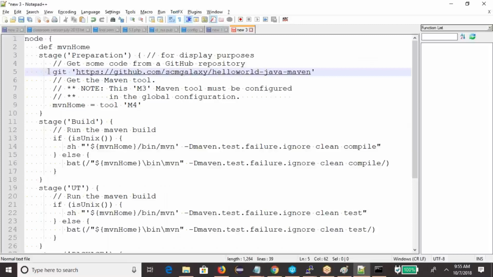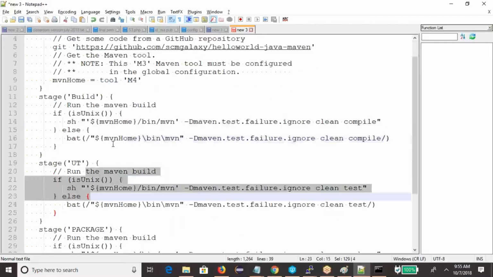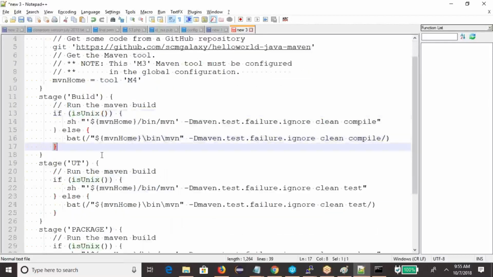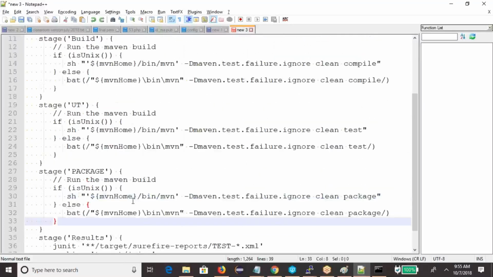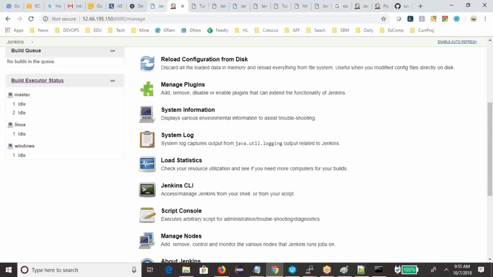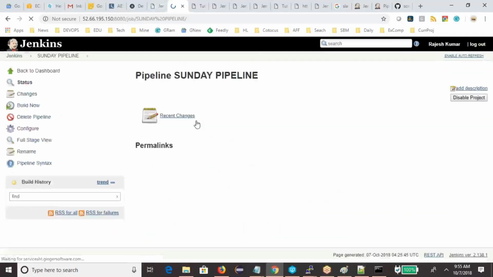So now here it is very simple. Git checkout, that means check out this one. Set the M4 and use it everywhere, for Windows, for Linux, for Windows, for Linux. And this is a JUnit file displaying the results, and this is archiving the job. So everything is done. Now copy all these programs,